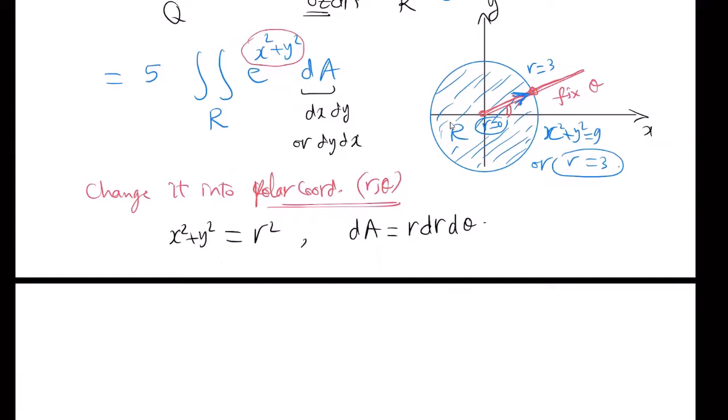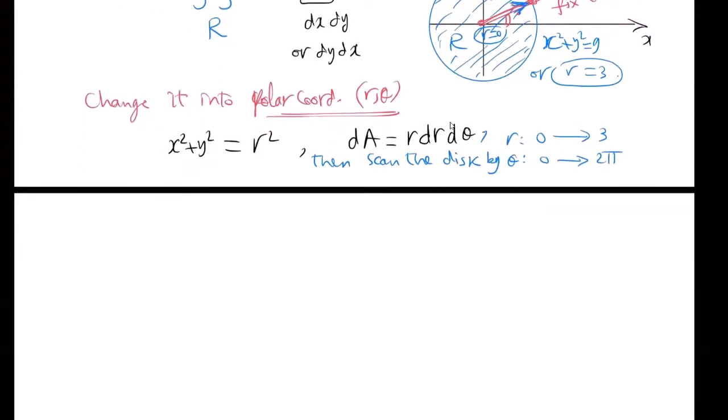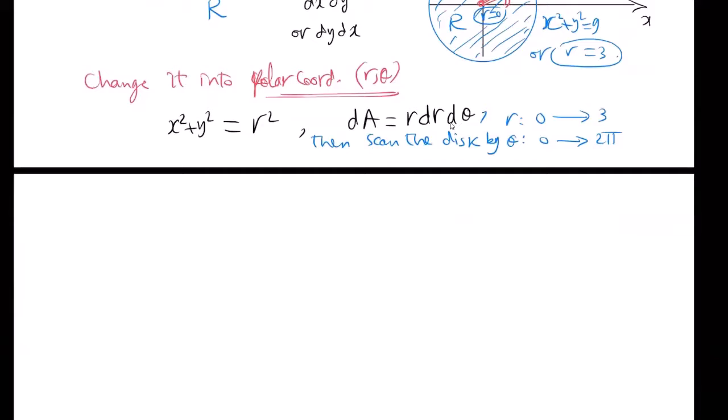But then scan the whole region, this disk, by this polar strip. Fixed theta, at the end r will vary from 0 to 3. Theta will vary from 0 to 2 pi to scan the whole region. Then scan the disk by theta from 0 to 2 pi. So the integral is